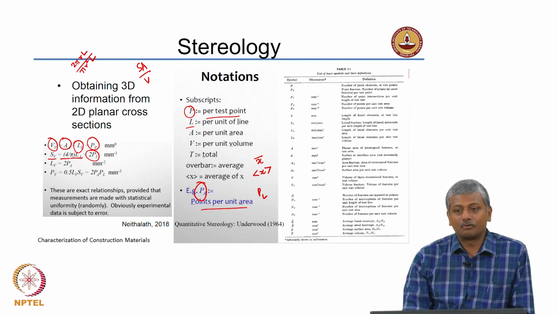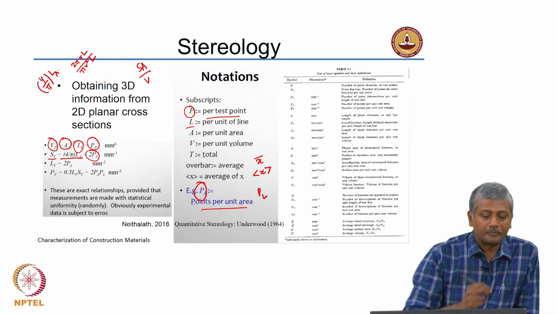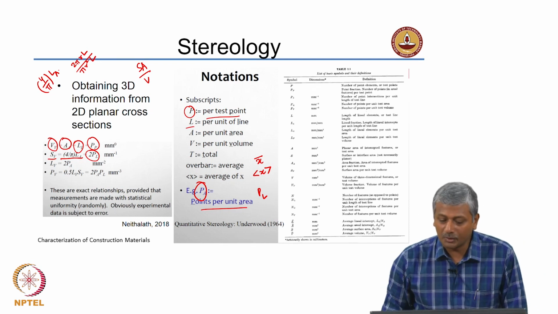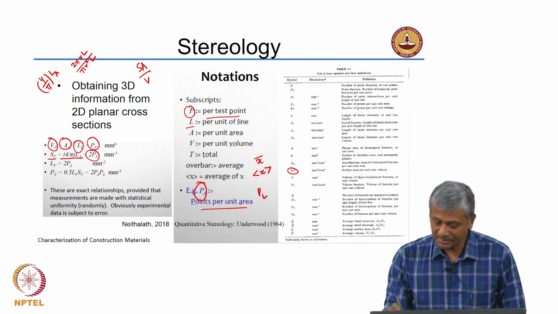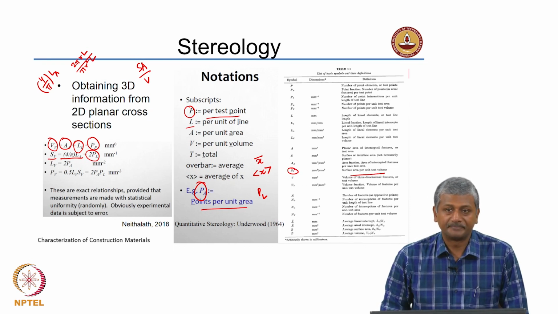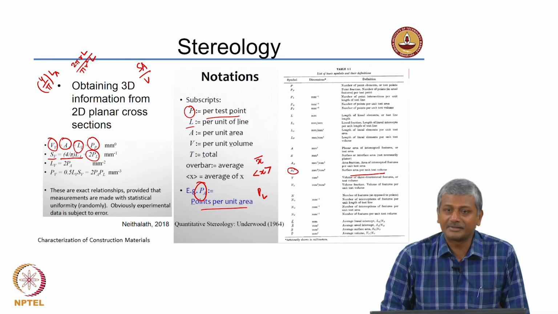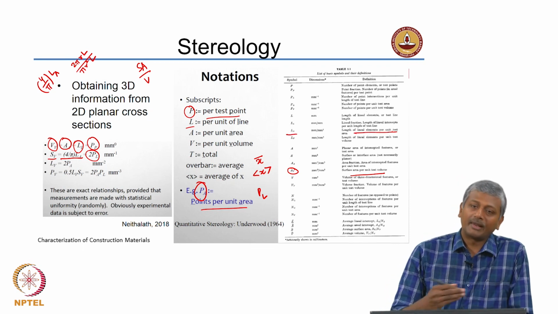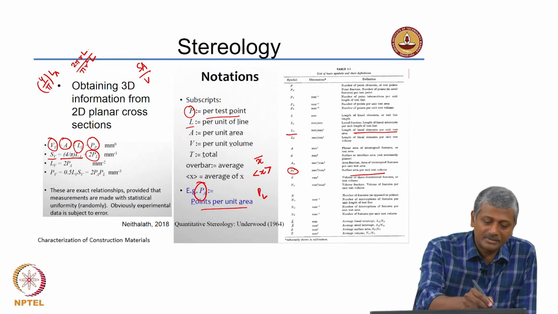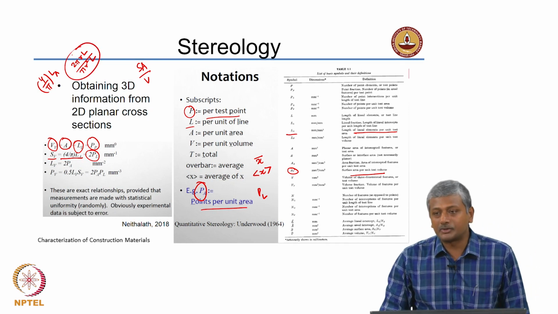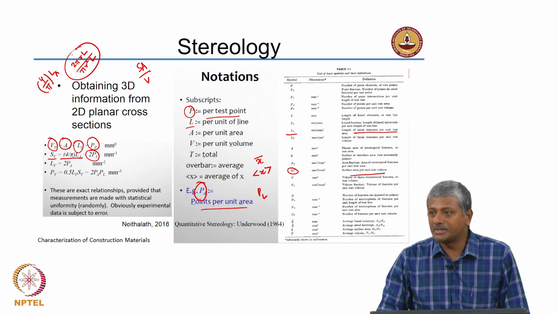This specific surface area is 4 by pi. Again, if you look at the notations here, S_V is surface area per unit test volume. Why did we not get the same surface area in this case? The number of black points along a line over a given area, that is what L_A is. So, this is not exactly the same as calculating 2 pi r L by pi r squared L. That is why you are not getting the same result from these calculations.